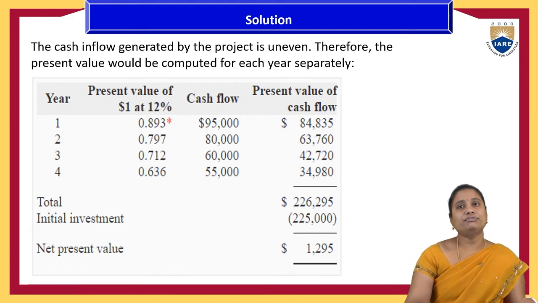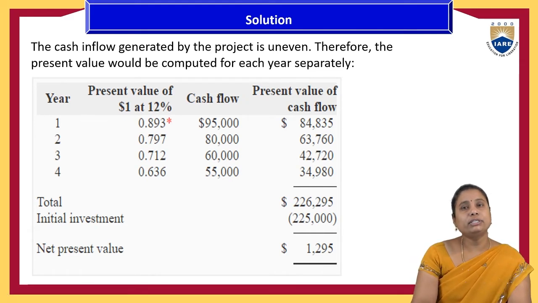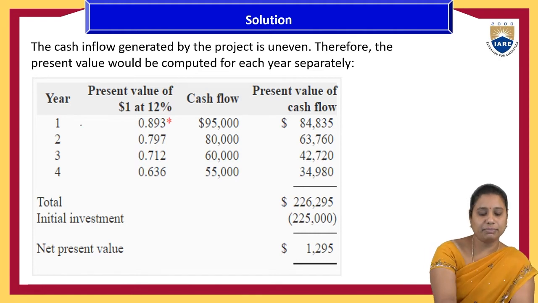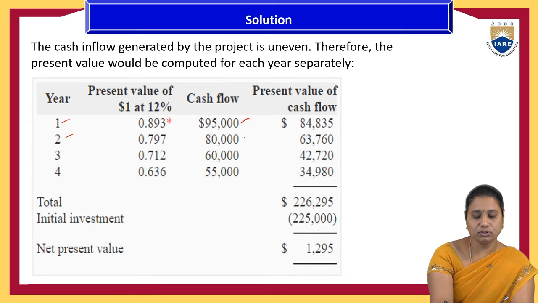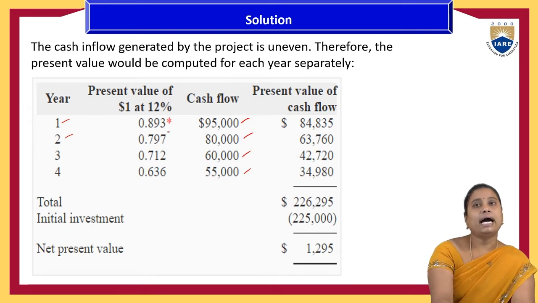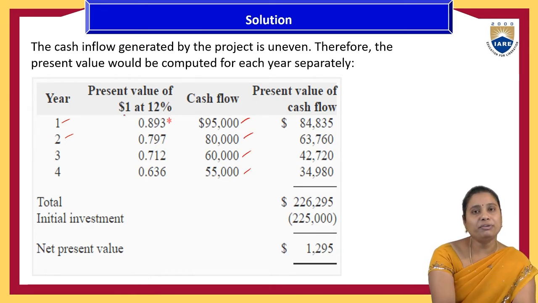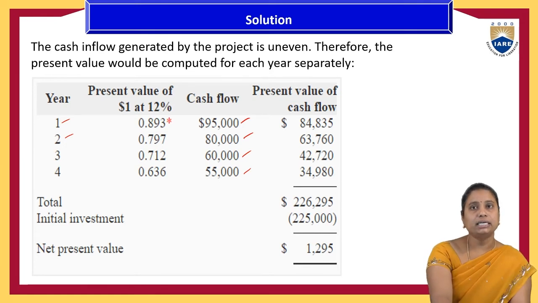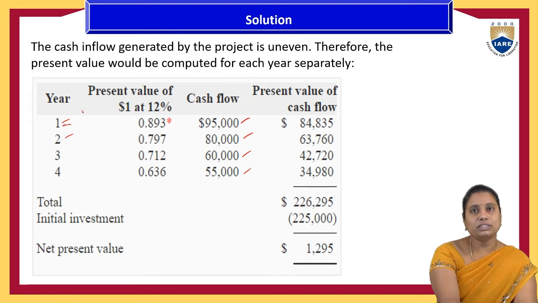Here in the solution, we see that the cash inflows generated by the project are uneven. So we'll take this in tabular form, every year. What are the cash inflows? 95,000, 80, 60, 55. And the present value for 1 rupee, if we calculate, present value for 95,000 we can calculate. So present value for 1 rupee at the first year, that calculation is 1 divided by 1 plus r